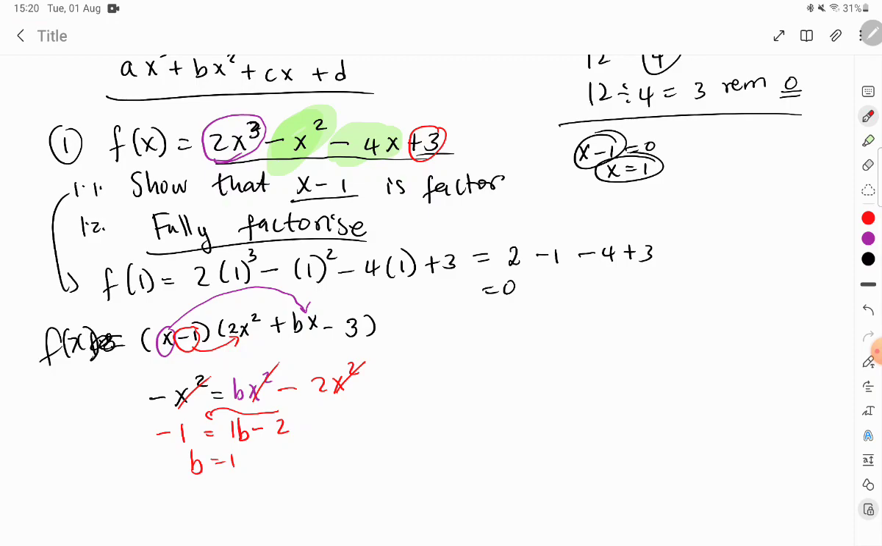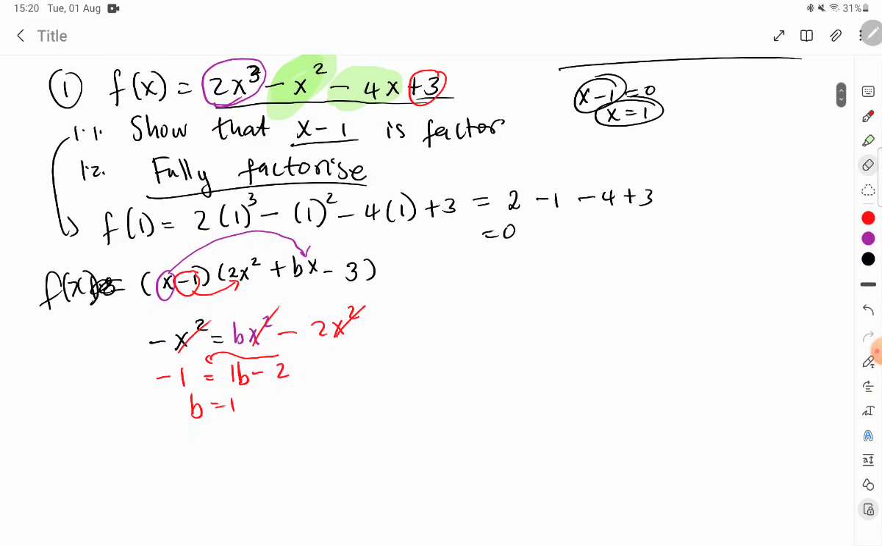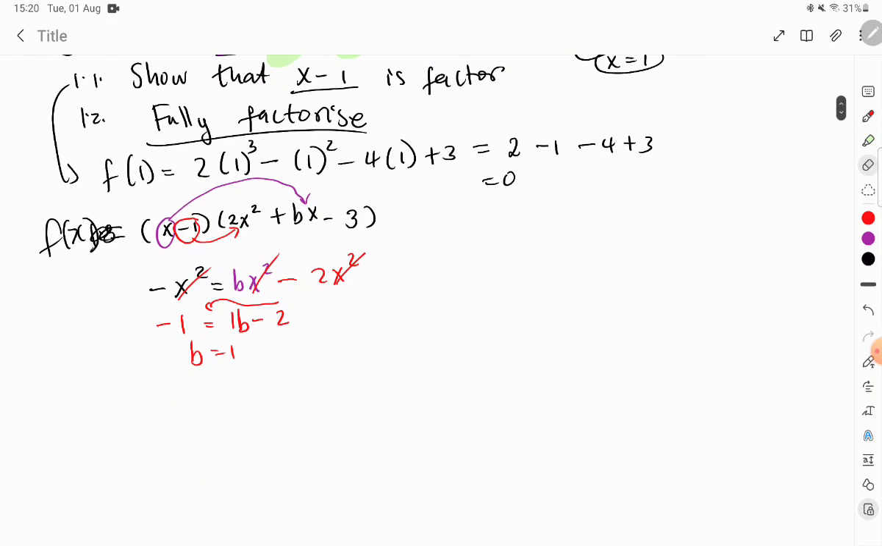So now you know for sure that b is 1. You can continue with your factorization. You know for sure that f of x is now equal to (x minus 1)(x squared plus b), and b is 1, so it's just x squared plus x minus 3, right? Now you can factorize this